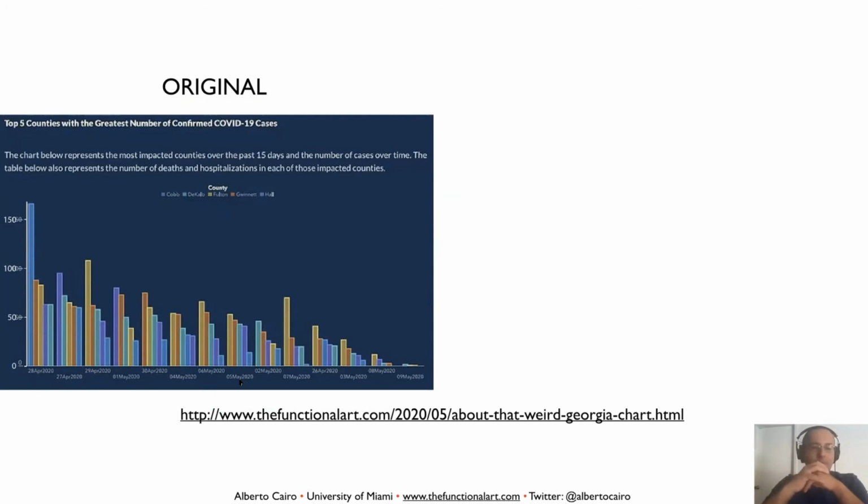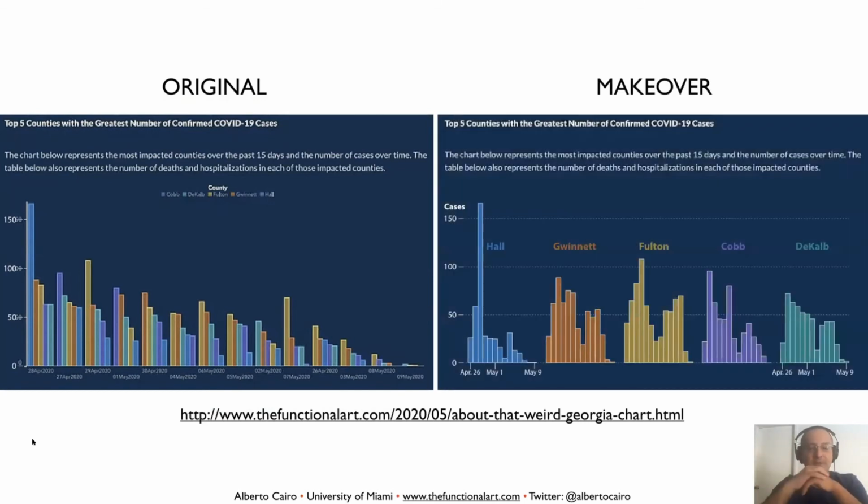I wrote a blog post about this graphic saying that perhaps this sorting is not the most appropriate one, right? And I actually proposed a redesign of that graphic in which I clustered all the bars corresponding to a county together. But I also made the following point clear, which is that I think people in the visualization community, particularly online, were a little bit too quick at criticizing the original graphic, because we have not considered what it is that the designer of that graphic was trying to do with that graphic, right? It's certainly not good if you want to see change over time.